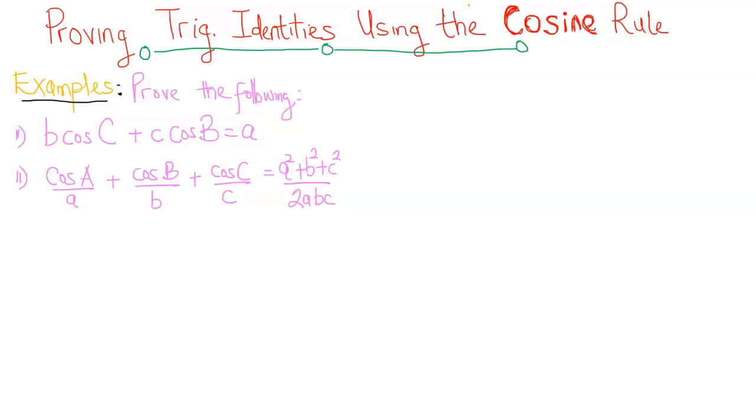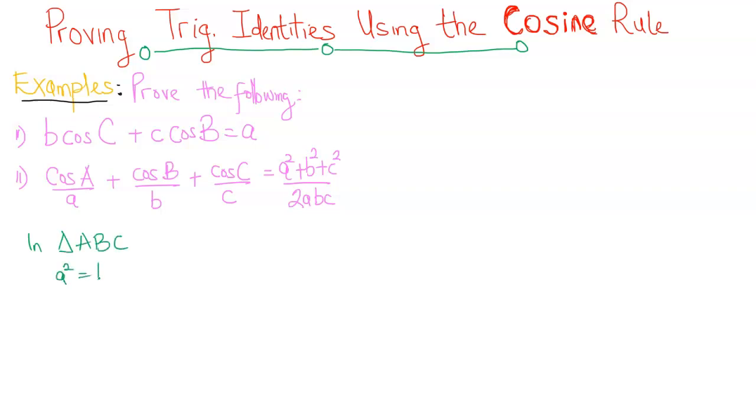In this video, I'll be showing how to use the cosine rule to prove a number of trigonometric identities. In order to understand these proofs, we are going to need to understand what the cosine rule states. The cosine rule states that in any triangle ABC,